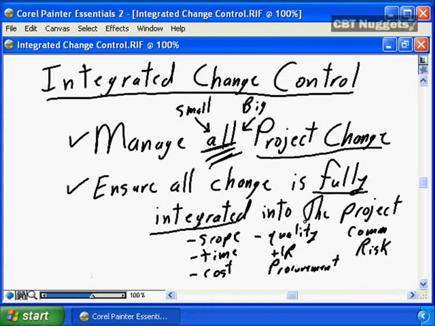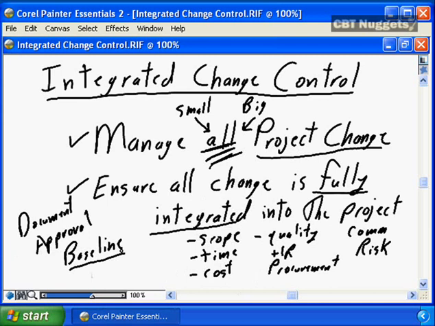Once you determine the fully integrated change, you're going to document that. You're going to present that, and you're going to get approval. Through approval, you have effectively integrated the change into the project. You have effectively changed the project baseline. So the new project time, the new project cost has been changed, positive or negative, depending on whether the change is adding or removing from project definition, so it has a new project baseline.